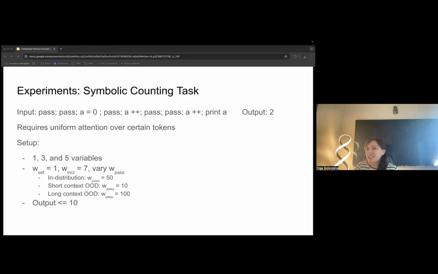Now to the counting task that I already mentioned a couple of times. We start with a symbolic counting task, and we'll also generalize it to a more natural counting task later. But we start with a simple one. The counting task is more challenging than simply recalling, as in the two previous tasks, because it requires more uniform attention over a certain span.